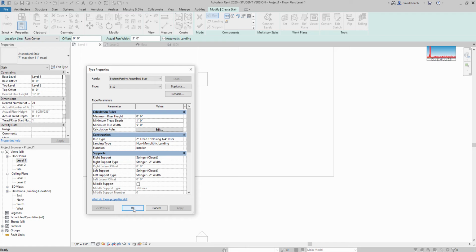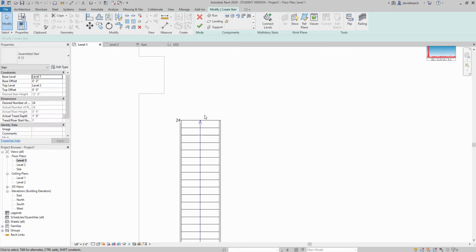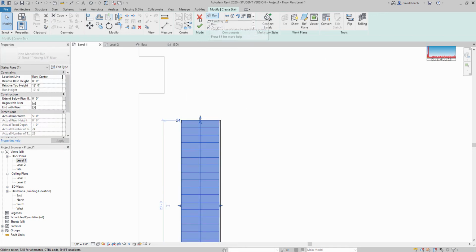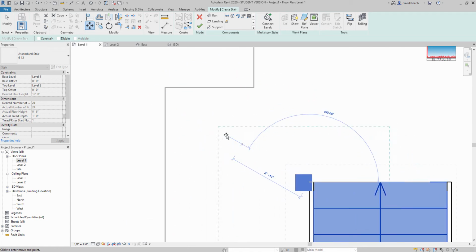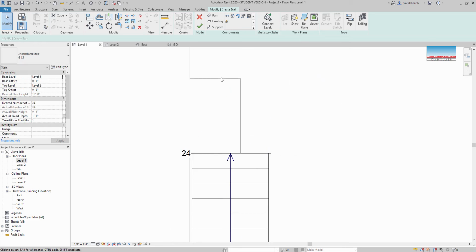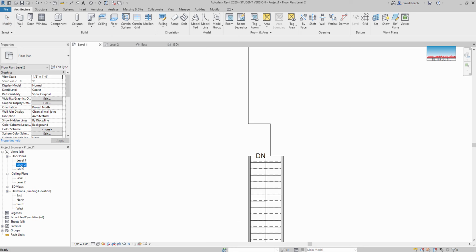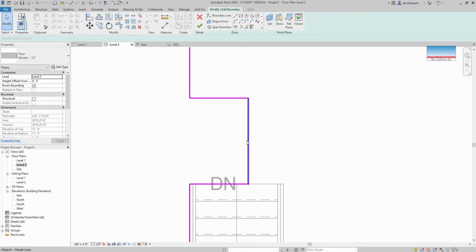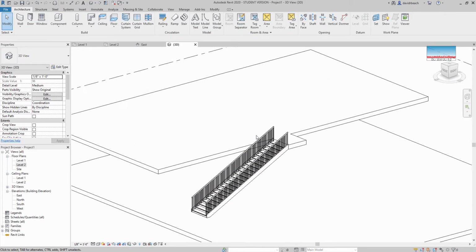Okay, so 6-12 stair, I've got that set up. I'm simply going to build this out sort of in open space. And then I'm going to select my edge or select the entire stair and the move tool. And let's move this into the correct location. Checkbox, back to level 2, and let's edit that floor. So we now have a much more comfortable stair